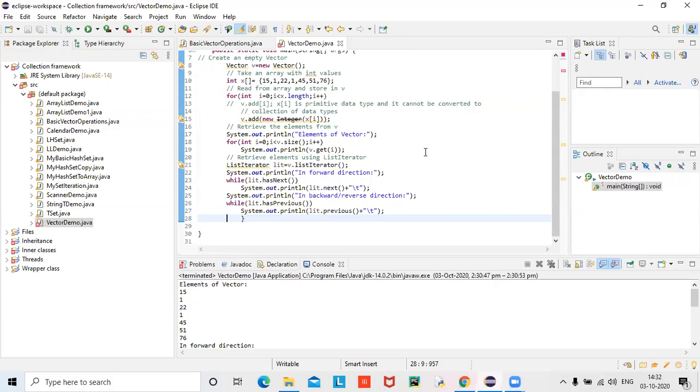That is the difference. Got it? Simply to say, iterator can go only in forward. List iterator can go in forward and reverse as well. That is about it.